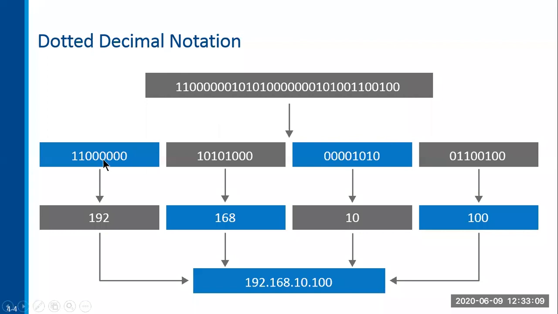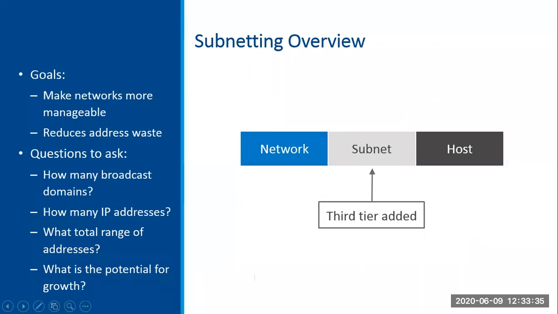And of course, so here it is, right? The 32 bits being divided into 4 octets, as it's called. And each octet converted to decimal, separated by dots, makes it the dotted decimal notation. So this long string of bits, which is ones and zeros, is really represented by 192.168.10.100. Right? And now, at the end of the day, guys, we have to subnet our addresses.